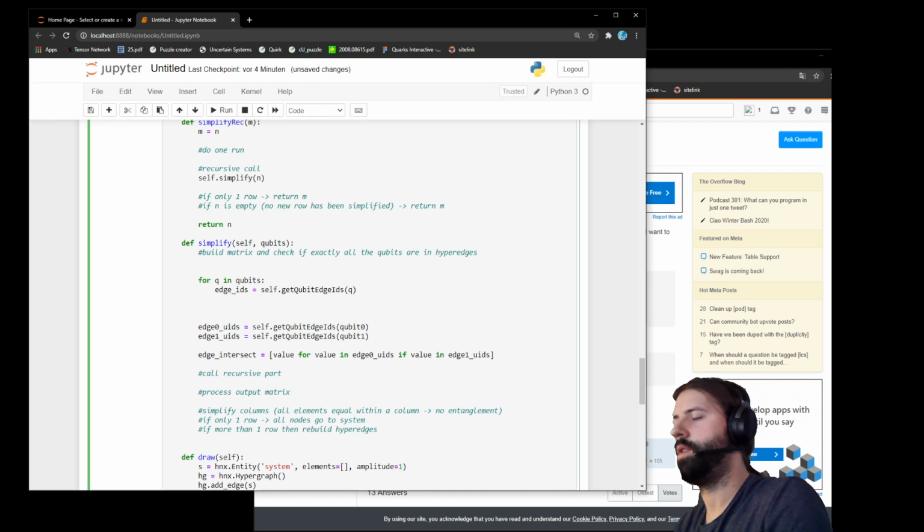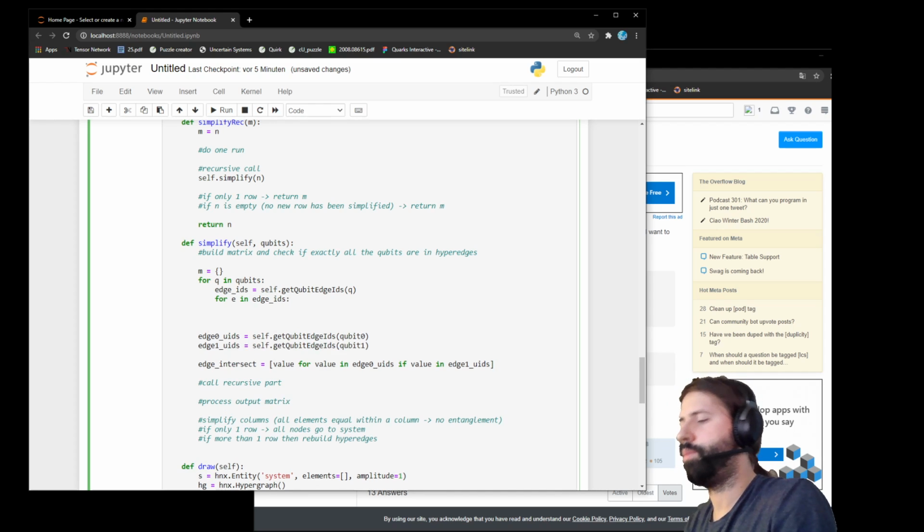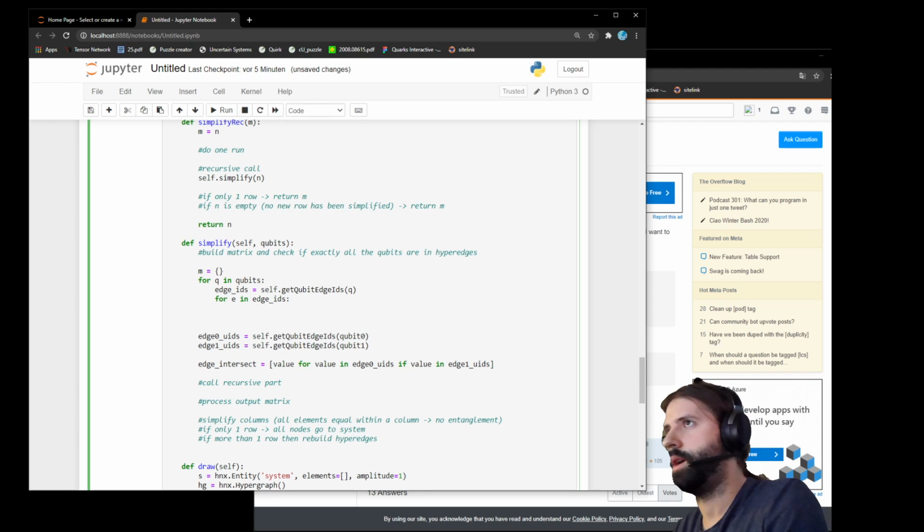So this is M, right? And it's an empty dictionary. Then what I do is I say for E in HIDs. I'm not trying to make this efficient right now. I just want to make it easy to code, and I just don't want to make stupid mistakes. I'm just not good at this stuff. So for each edge ID, right, I do M